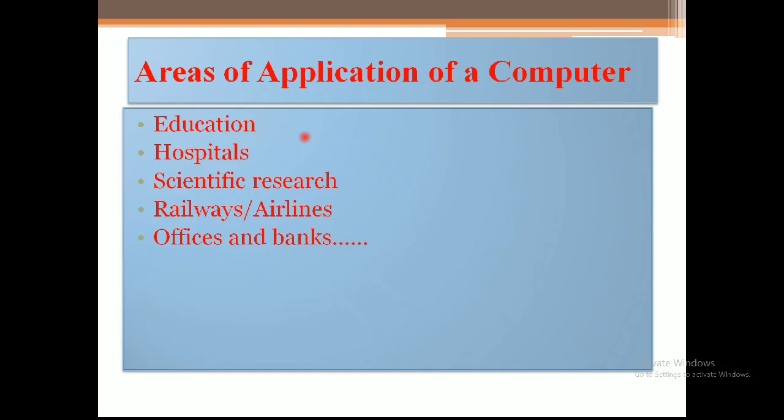Next you see hospitals. What is the work of computers in hospitals or medical sciences? In hospitals it is used to maintain the records of patients or perform medical tests like diagnoses such as CT scan or X-ray and many more medical tests. In the railway station, on the railway platform or in airlines, computers are used for booking tickets online. And the office and banks. So in the office,